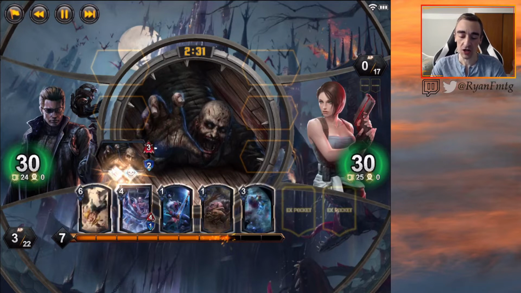Freddy did Jill, and as you can see, I played my first card of the game, the first play of the game, at 2:31 left on the clock, and it was a zombie. My hand was miserable against Jill. I had a bad hand, I mulliganed into a worse hand, and I kind of just lost track of time because I netted 10 MP, he obviously netted 10 MP, and he wants